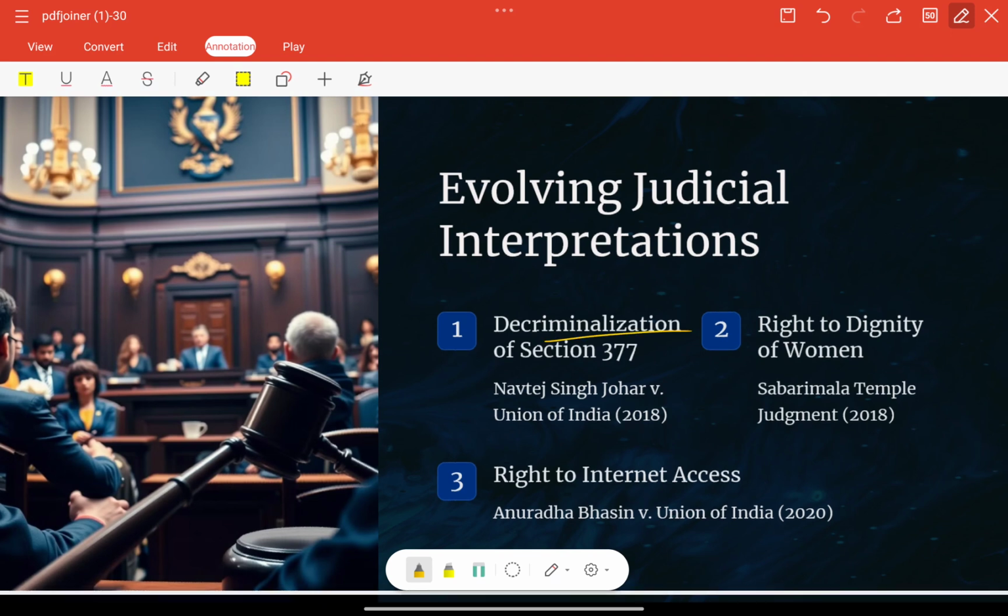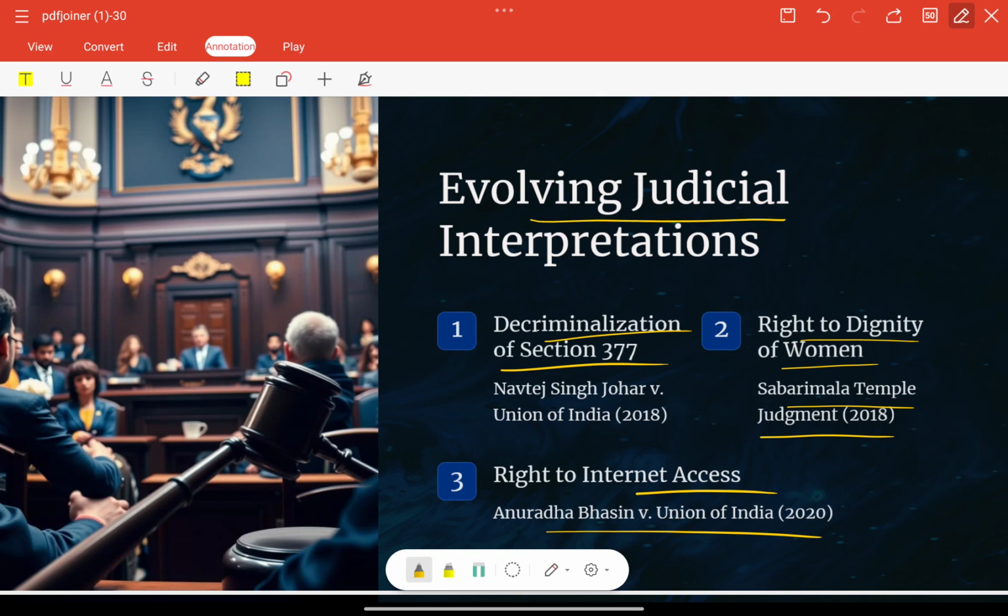So decriminalization of Section 377 is very important here. We need to focus on the right to privacy, or we have some important issues, right? So expanding horizons or evolving judicial interpretations is very important here: right to dignity of women, also the Sabarimala temple judgment 2018, and also the right to internet access, Anuradha Bhasin versus Union of India. So these are evolving judicial interpretations, especially whatever we have in the question addressing expanding horizons of fundamental rights